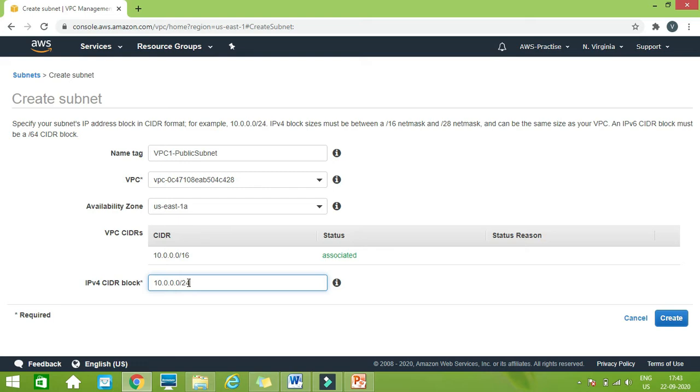That means we have given 8 bits for the host, so 2 to the power 8 machines, that is 256 machines, are possible. But as we already discussed, inside the VPC 5 addresses are reserved for some purpose, so out of 256, only 251 addresses can be assigned to different machines.